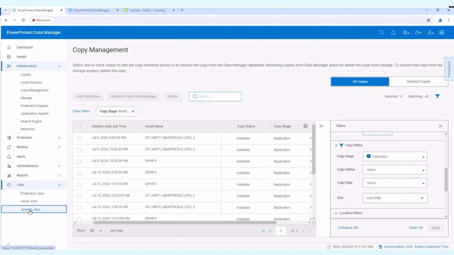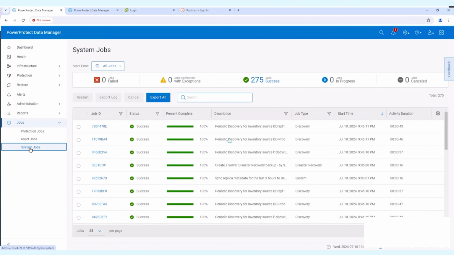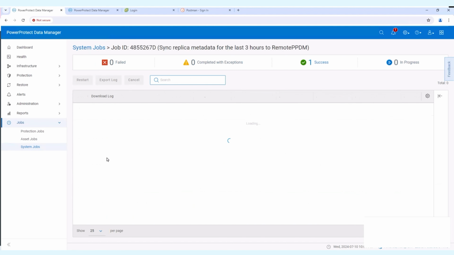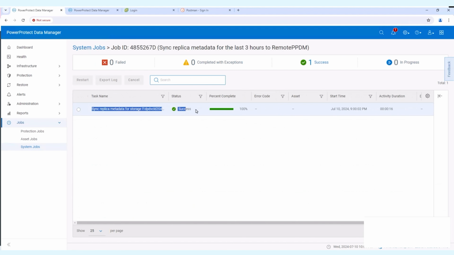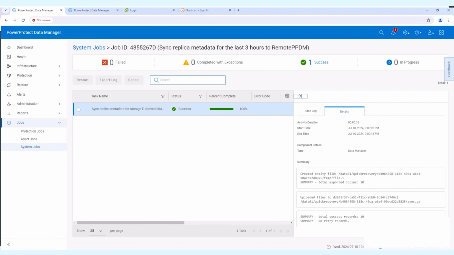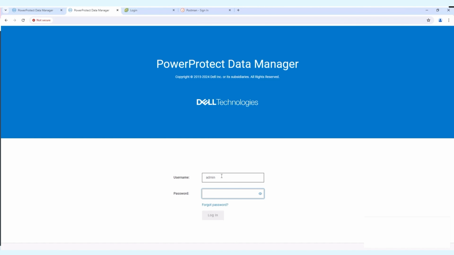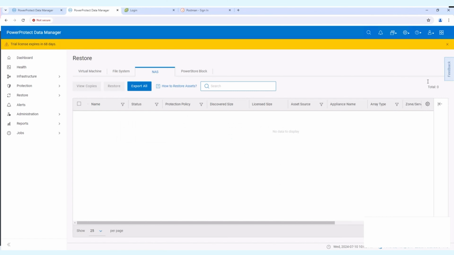Next, we also need to make sure that the metadata is synced to the replication target so that the user can restore these protected assets from the Destination Data Manager server. Now you see that the sync metadata operation has been completed successfully, and you can find all the details on the Details tab. Next, let's go to the Destination Data Manager system.